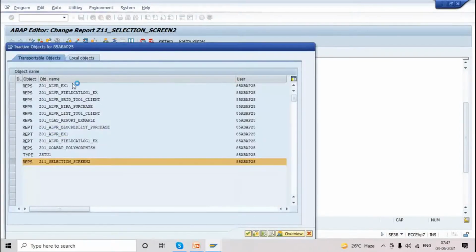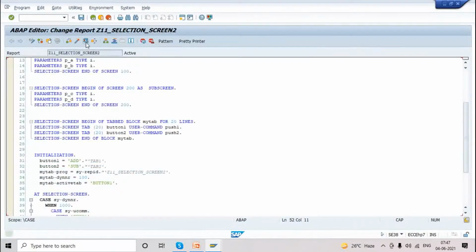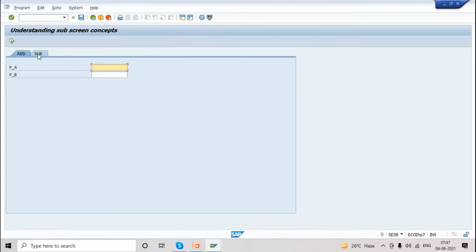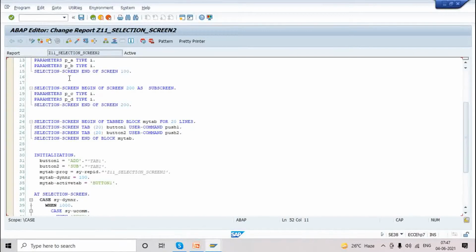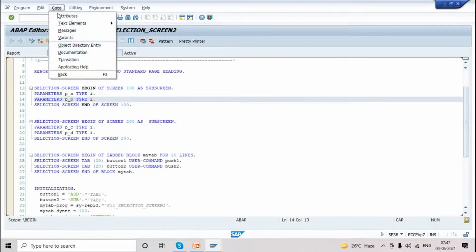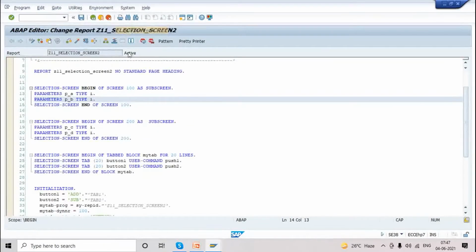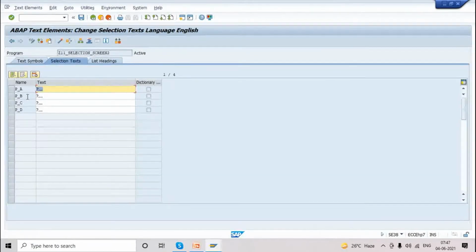So just activating the program. See, whenever we execute, you can see addition, where we have 2 variables, and subtraction, where we have 2 variables. So we have to replace them with our own text for understanding. Go to text symbols, selection texts. You can see all 4: p_a, b, c, d. We don't have any dictionary reference because we provided elementary data types as a reference.